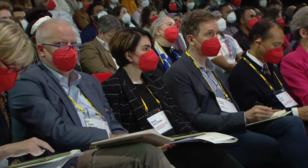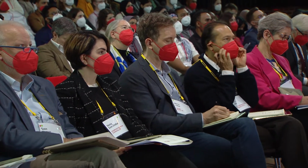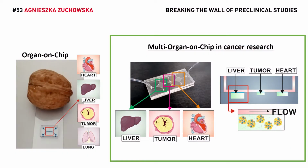So that is why my idea is to create a good preclinical model which reproduces the human body in a better way than the standard models. In my research, I use an already known approach, which is organ on a chip. However, our body is not only one organ. That is why I created a device in which I reproduce the combination of 3 important organs in the evaluation of